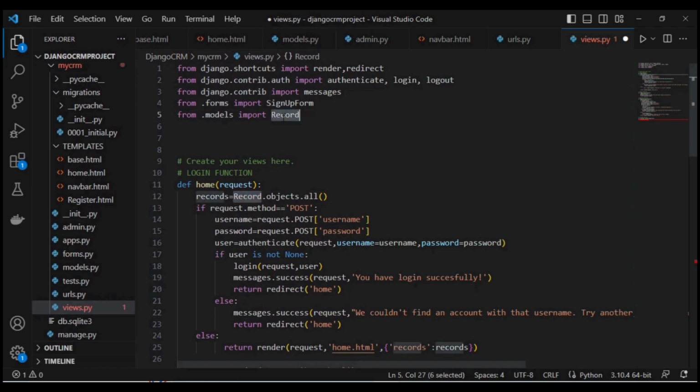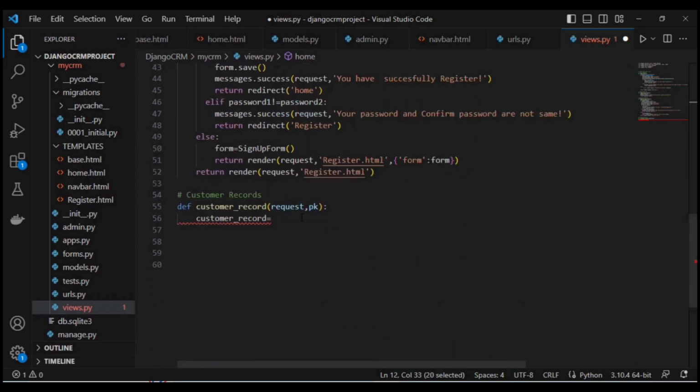So if you remember, our model name is record. So simply copy this record like this, or you can copy this entire line and paste here,